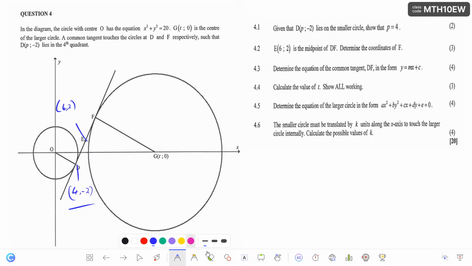So use the points that you are given. E, you are given, that is 6 and 2. D, you're also given, that is 4 and 2. Why? Because here you're also told that P is equal to 4, so you're given. So calculating the gradient DE is the same thing as calculating the gradient DF. So I don't think they will penalize you. It's being smart. So you are going to say